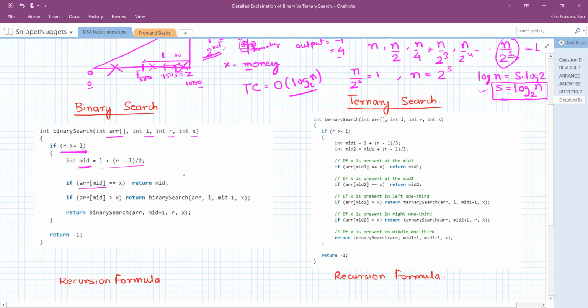So this is the first case which I talked about. You are very lucky, you find that x is at the midpoint. If you find it, you return the index mid and game over. Okay, the second case is